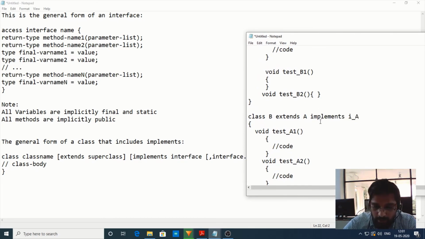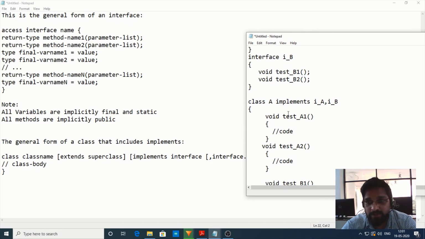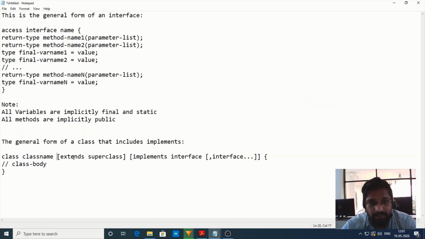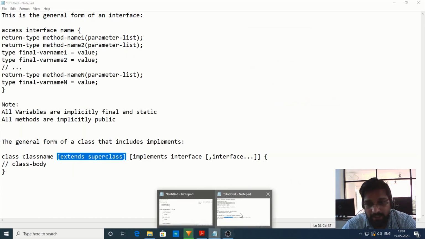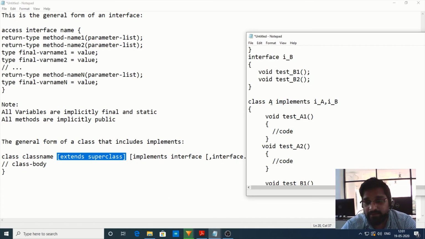Suppose I want to implement one more interface, comma, you can write I_B. That's what the syntax says. Anything in square brackets is optional. Since it's optional, here I have not used extends, but I have used implements, then interface names I_A and I_B.